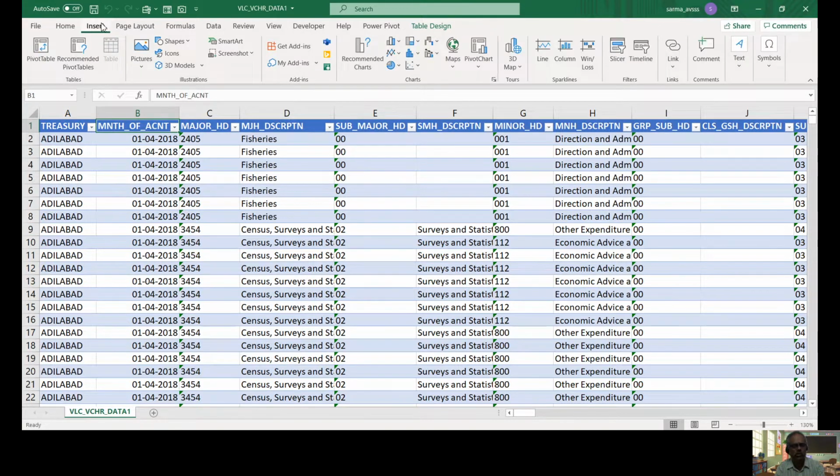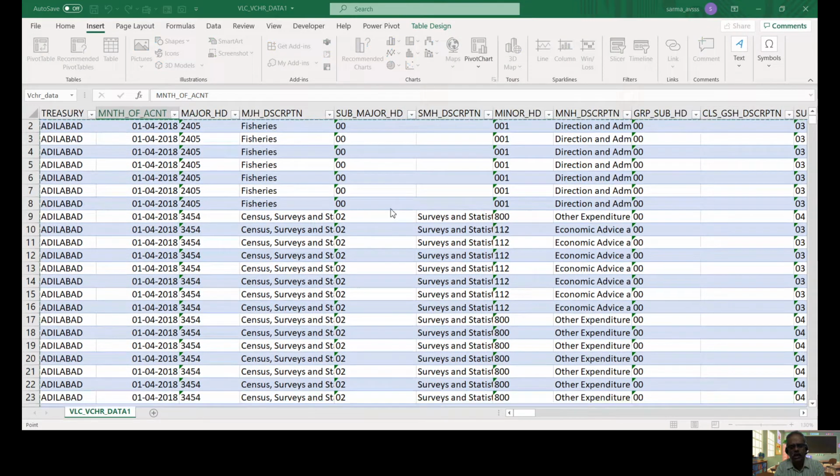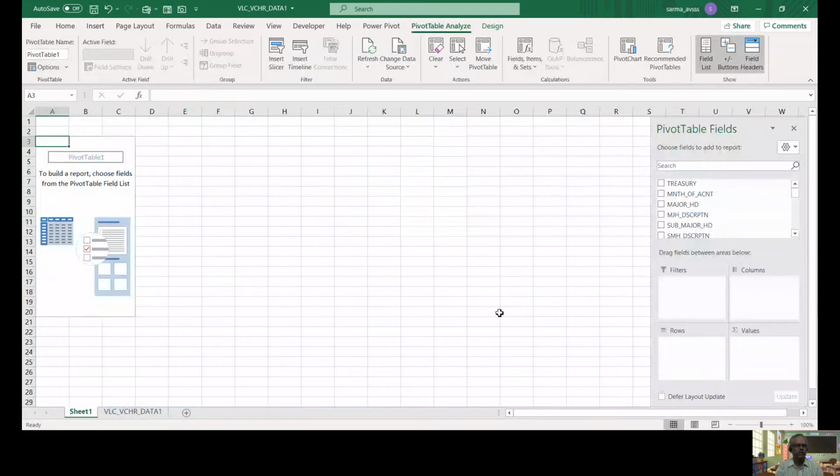This table I have given a name called voucher data, and I'm creating a pivot table. To create a pivot table, we go to Insert and select the pivot table, and automatically this table name will be selected. I'm creating this pivot in a new worksheet. Okay. Once I say okay, it will create one more sheet and this is a blank pivot for us. I already explained these pivot table fields are nothing but column headings in our original data.